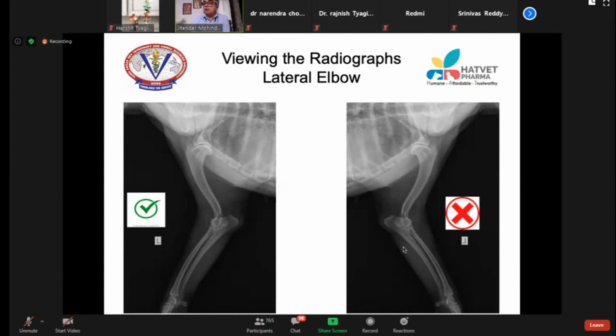Olecranon process should always be on your right of the radiograph. This is a wrong way of seeing the radiograph of elbow joint. If you see the radiograph of elbow joint always in this fashion, you will start diagnosing elbow dysplasia. You will start diagnosing ununited anconeal processes. You will start diagnosing the humeral condyle fractures and minor subtle lesions, OCDs of humerus. But if one day you see like this, the other day you see like this, you are bound to make mistakes. Always remember that you have to follow a particular pattern to see the radiograph.